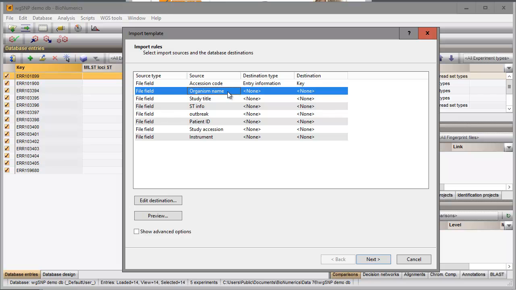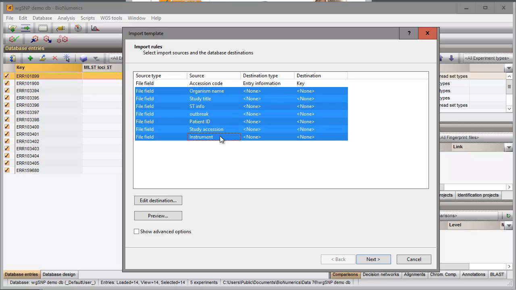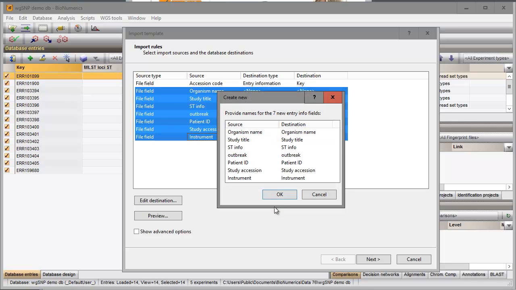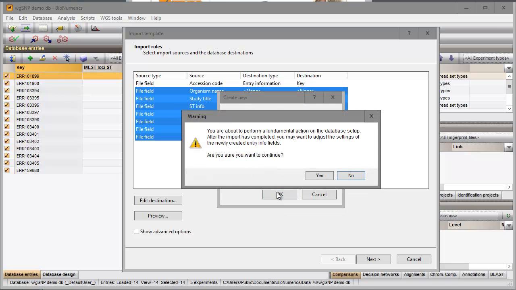I select all fields using the Shift key and select the Entry Info field option as destination. I confirm the creation of the new fields in the database.